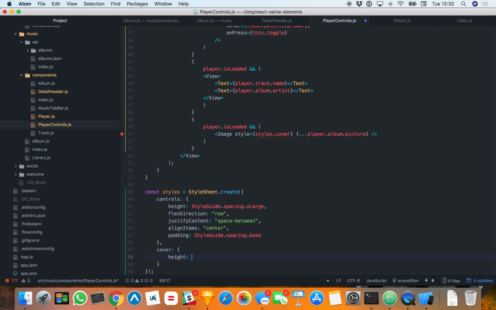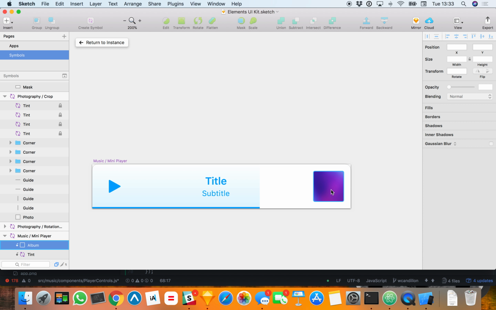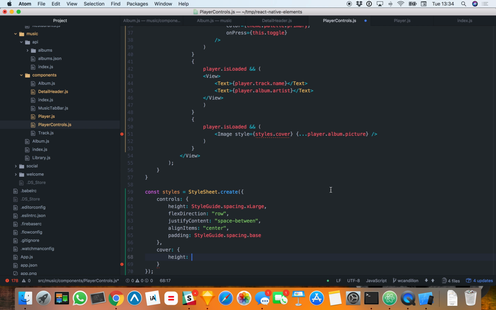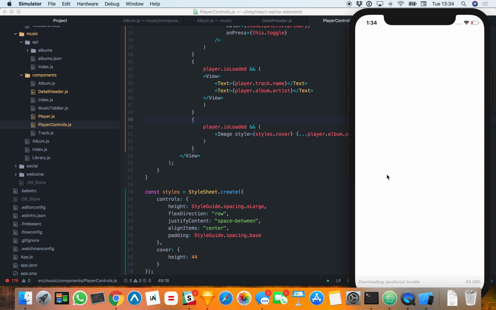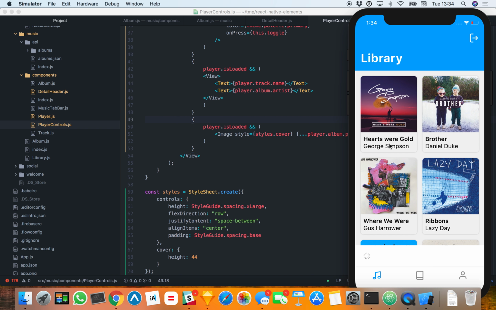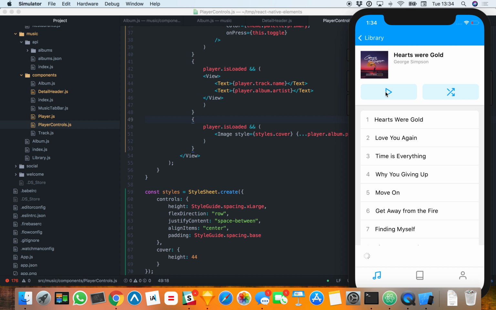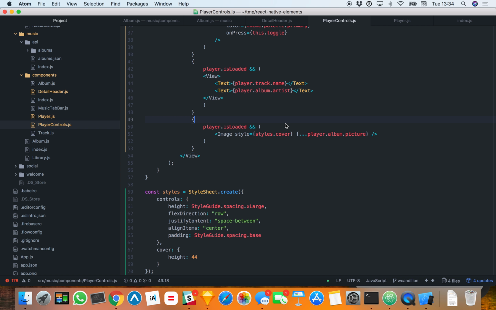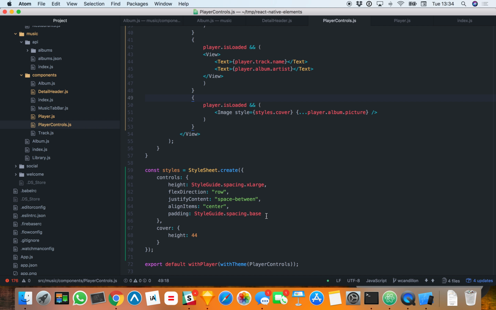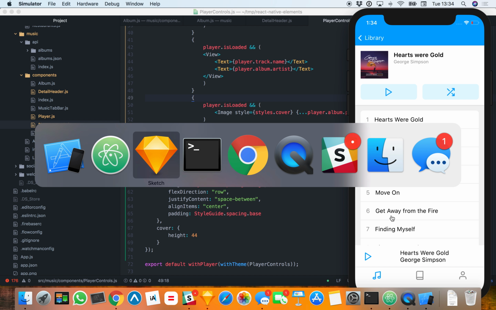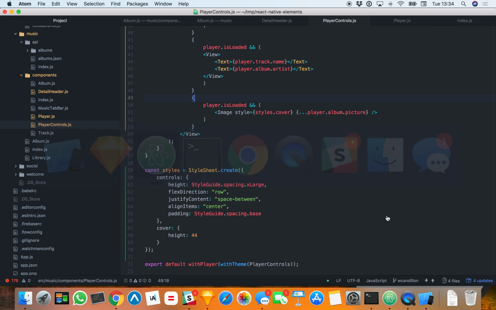And we need to set a height of 44. Okay. Let's have a look. All right, this works. The artwork doesn't show. Am I missing something with the styling maybe, or